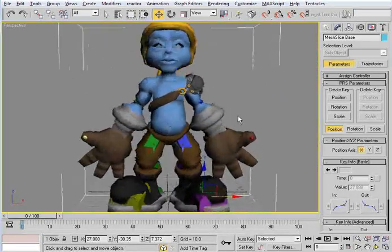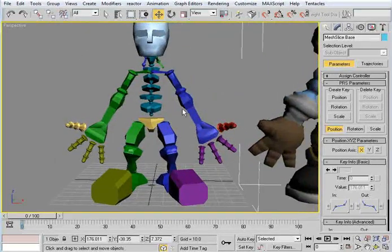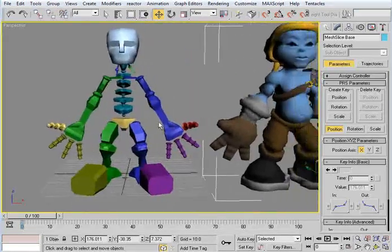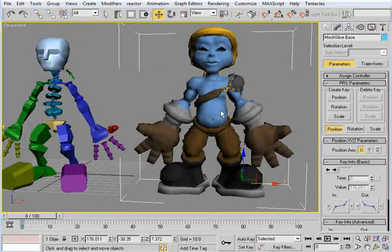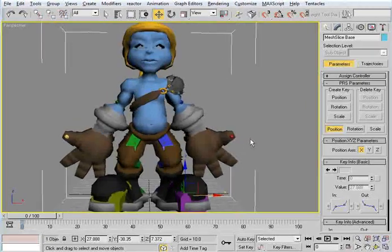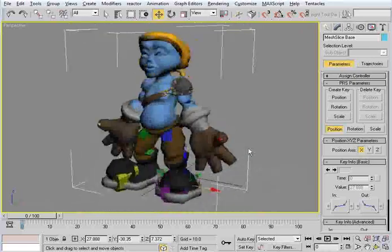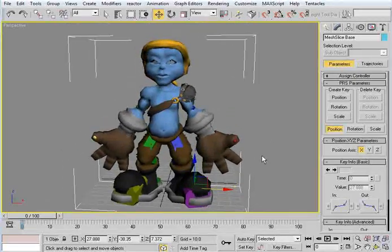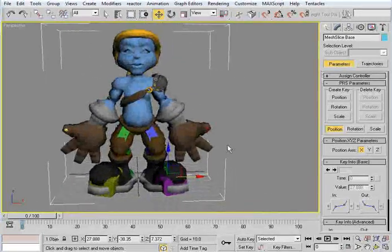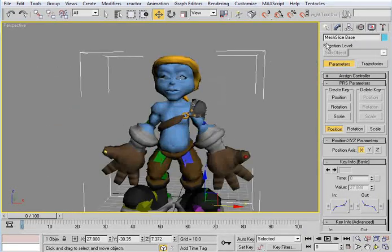Okay, and what I'm going to do is basically, instead of seeing this when we animate, what we're actually going to see is this when we animate. So let me show you how we're going to do that, and it's a process called mesh slicing, and you can do this for any model that you wish. The only thing is that you'll notice that the mesh itself